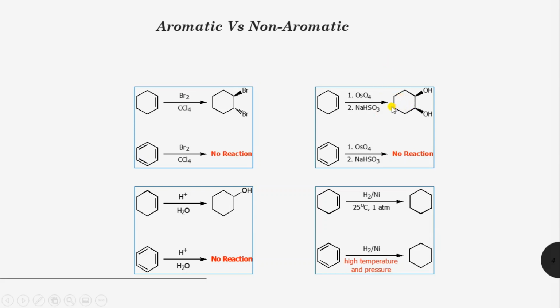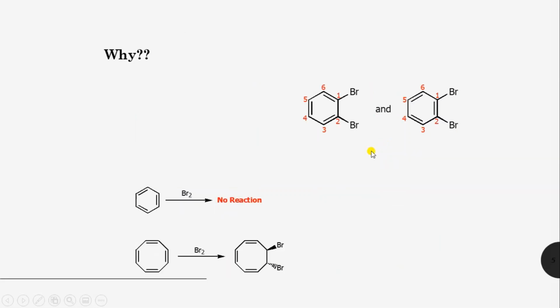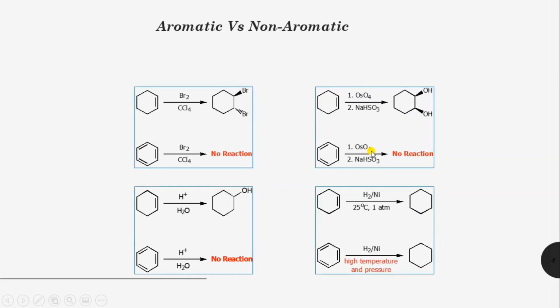The question is, should it produce a cleavage or something? No, it results in a diol. After undergoing the reaction, it produces the 1,2-diol product. This is a syn addition. Syn addition to cyclohexene with osmium tetraoxide in the presence of sodium bisulfite results in 1,2-dihydroxycyclohexane, and this is a syn addition.